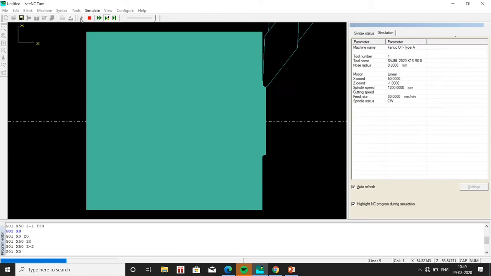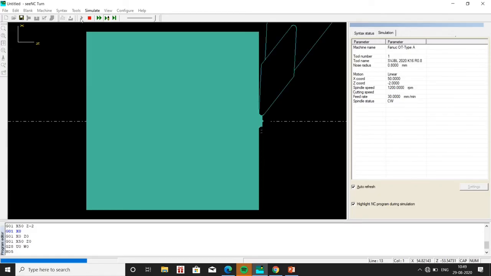Now we can see that as the tool moves, the blue line moves along the program, showing which code is currently being run. Initially it's going to x0 with the cut, and then it goes to x50 z0. So let me zoom out and play it again.